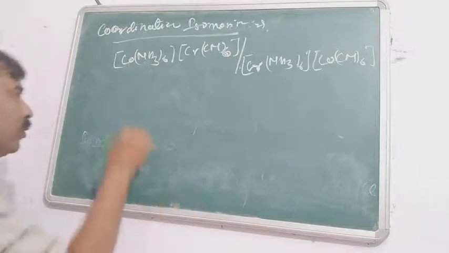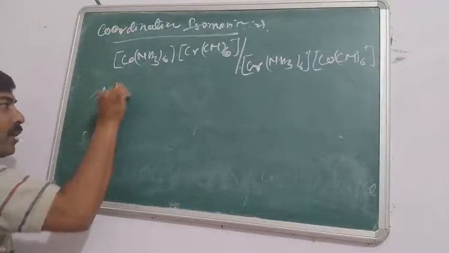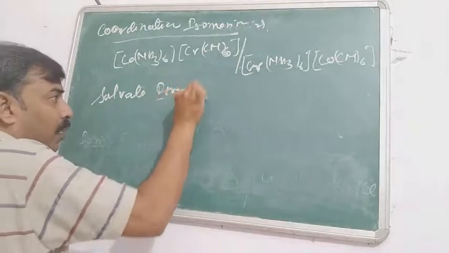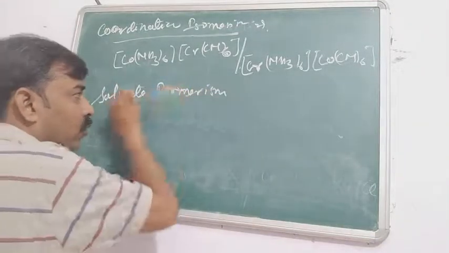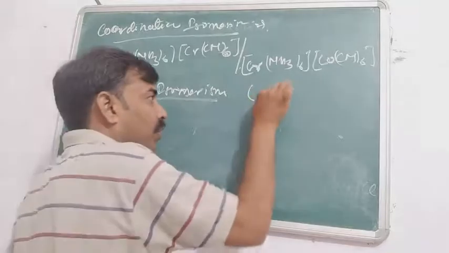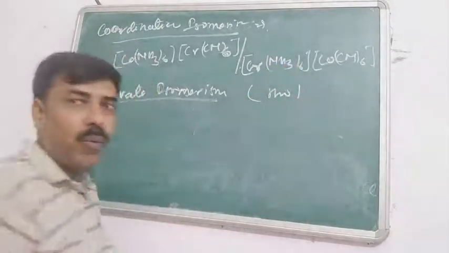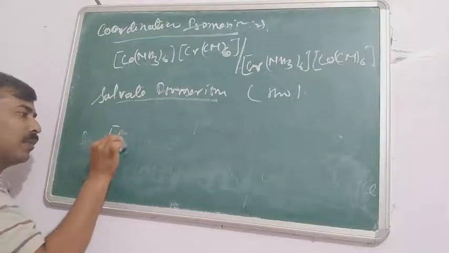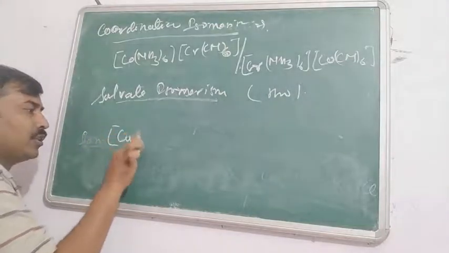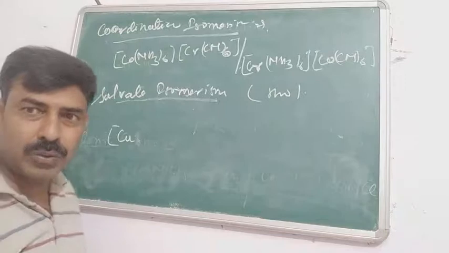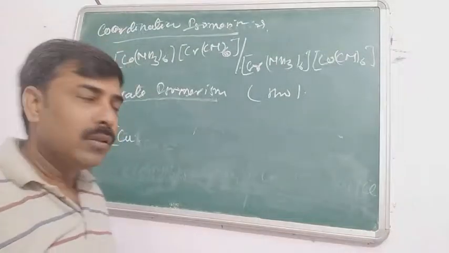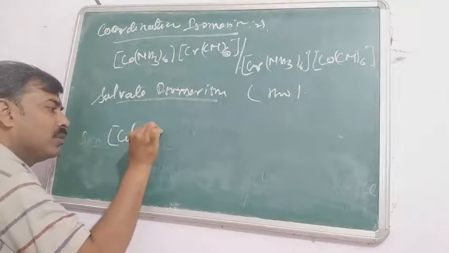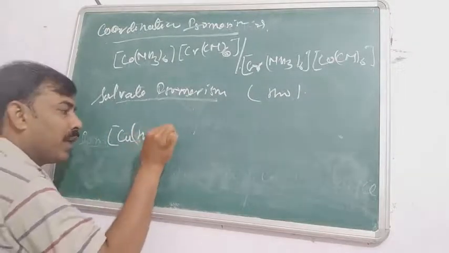Now we are going to see the last one, that is the solvent isomerism. Which of the compounds will give the solvent isomerism? Those are the compounds which contain the water molecule. They are capable to give such type of isomerism. For example, if it is CuSO4.5H2O, that is the hydrated copper sulfate. So actually the molecular formula is [Cu(H2O)4]